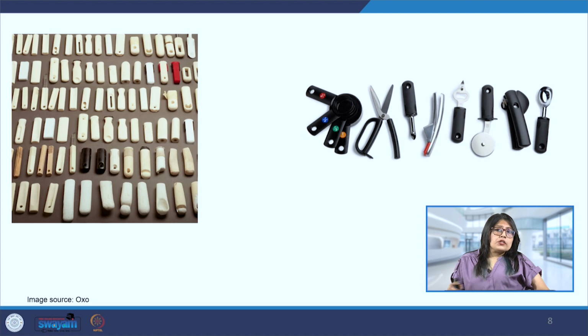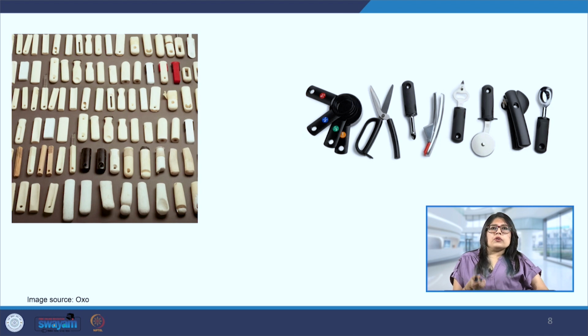And so this shows that if Sam Farber had not wondered why there are no good peelers in the market, if he had not done that little research of his, which was specifically at that time just to help out his wife who had arthritis, but that made him question, what about other people? There may be others also who may be struggling with this particular peeler. Maybe they're elderly, or maybe they have an issue with their motor skills or other motor functions. So that research led to the finding that there was this big gap in the market, which was lacking a product which would give a comfortable grip.